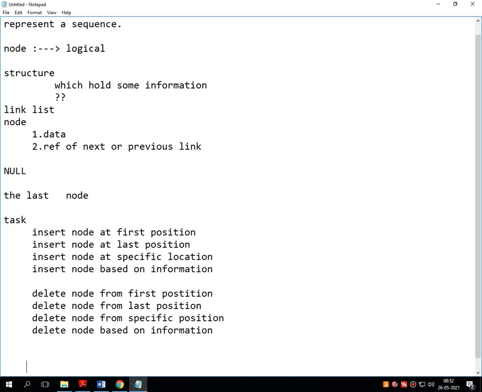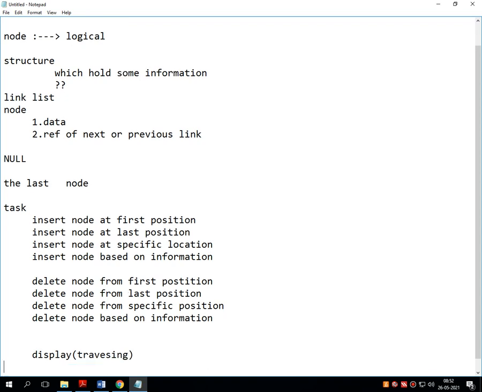And the third bunch is traversing. Traversing is nothing but displaying the information of the single linked list. So I think there are 8 different operations, and we have to implement all these 8 operations logically.